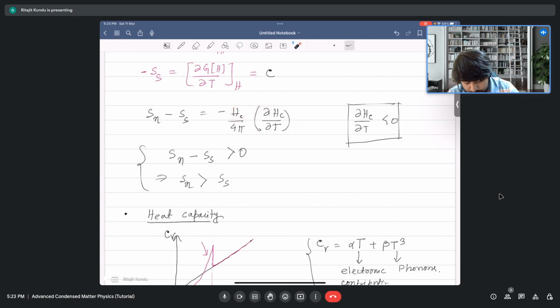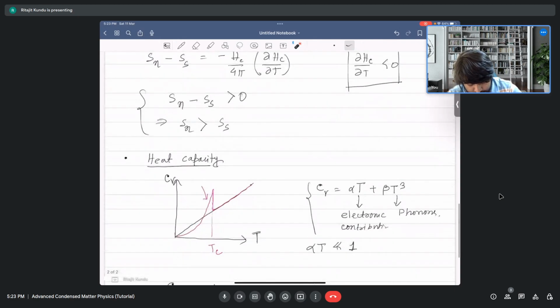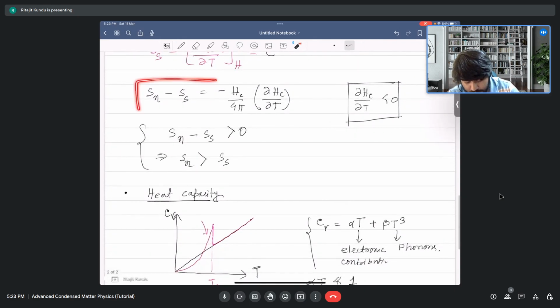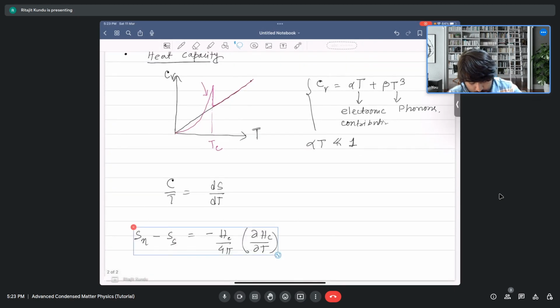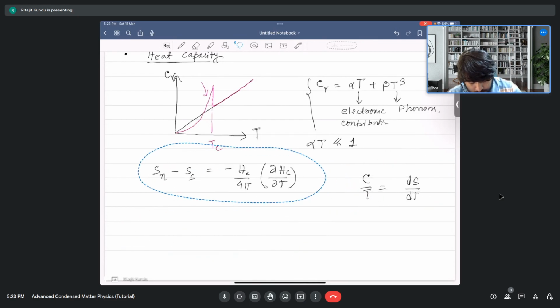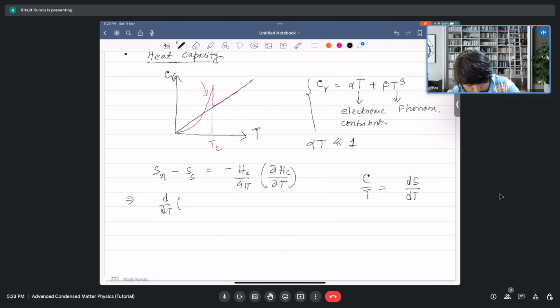What we will do is take that expression and apply d dT on both the left hand side and right hand side. So now we can do d dT of S normal minus S superconductor, which will be given by,